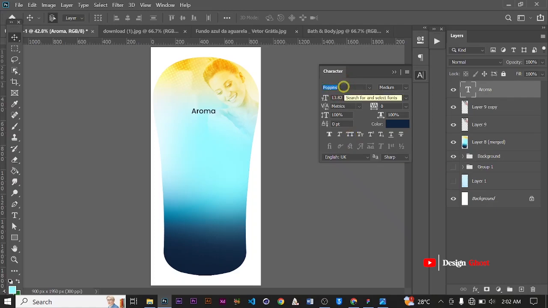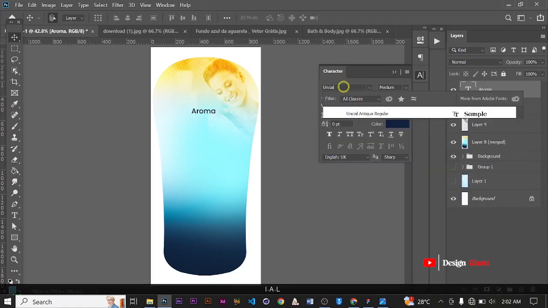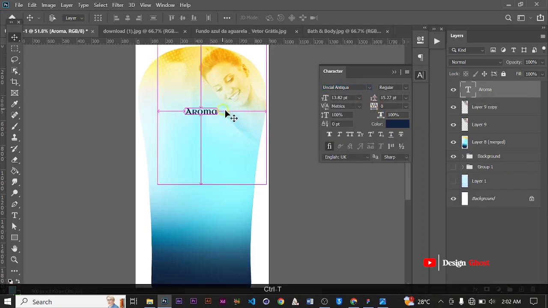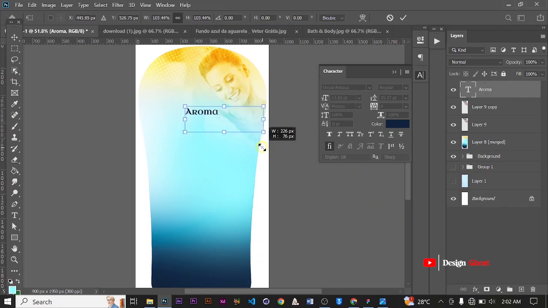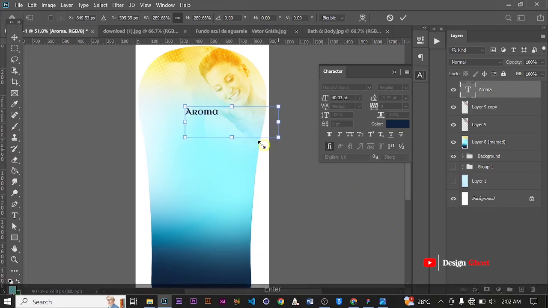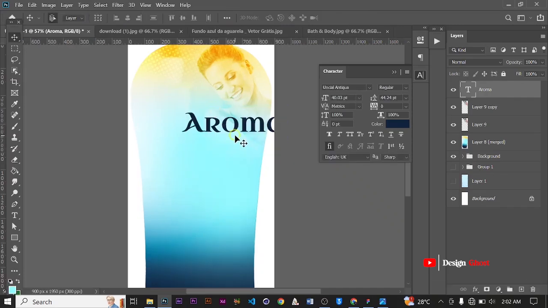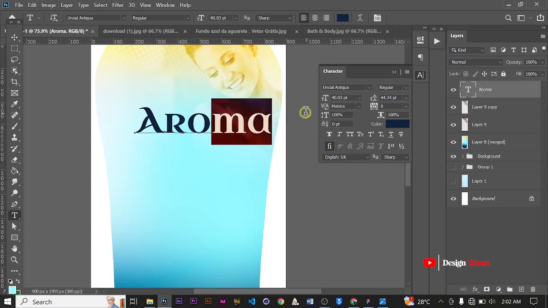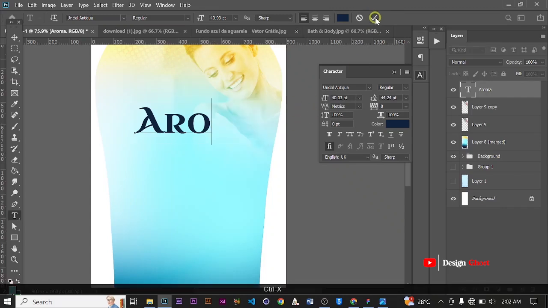So we are going to search for Onsia Attica. Since we want our work to stand out, we can't leave it in this state, so we are going to be creative with it. We are going to X the ma,